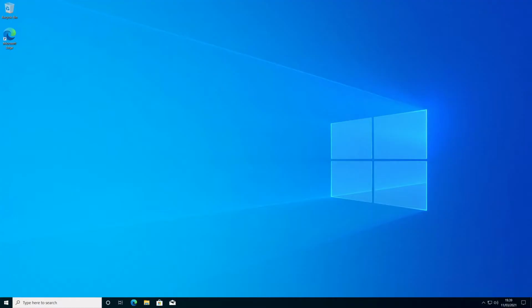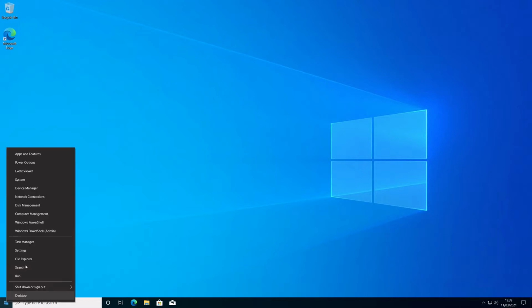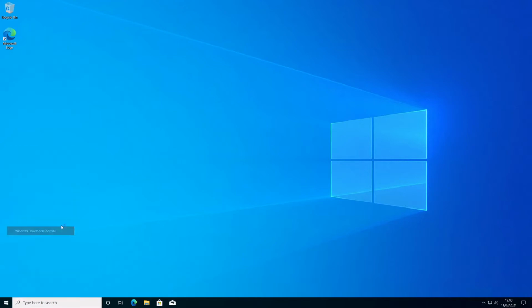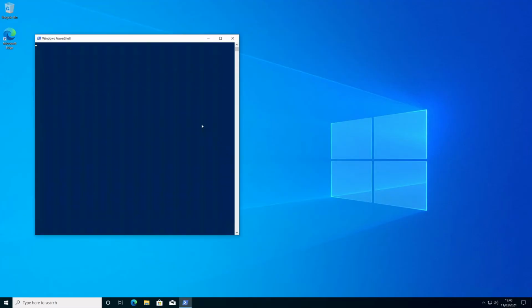Before we can start installing Docker Desktop, we need to install Hyper-V. So right click on Start, click Windows PowerShell Admin, click Yes to the UAC prompt. In the terminal, you're going to write Enable-WindowsOptionalFeature -Online -FeatureName, and here you're going to write Microsoft-Hyper-V